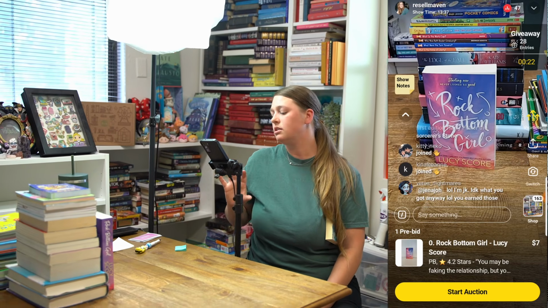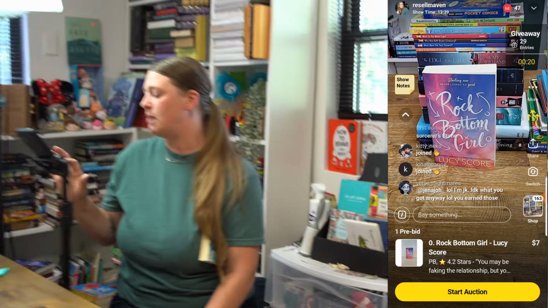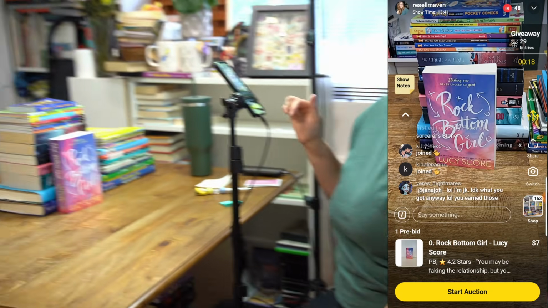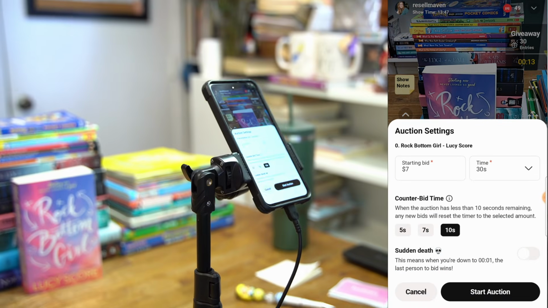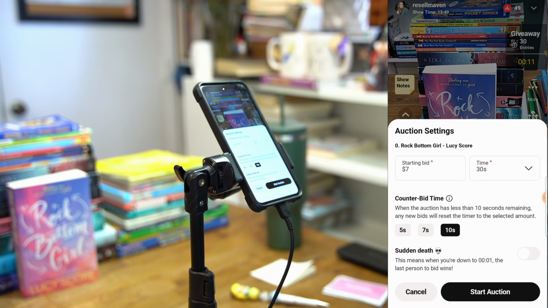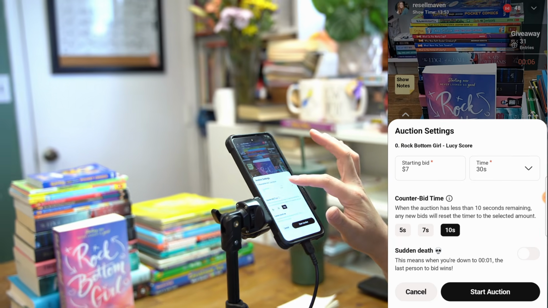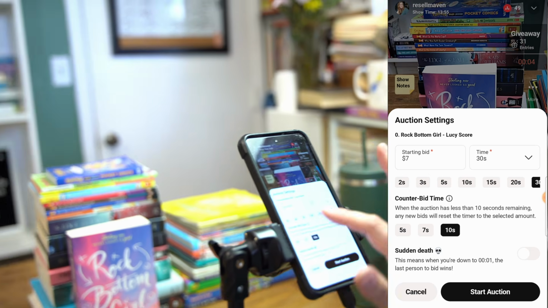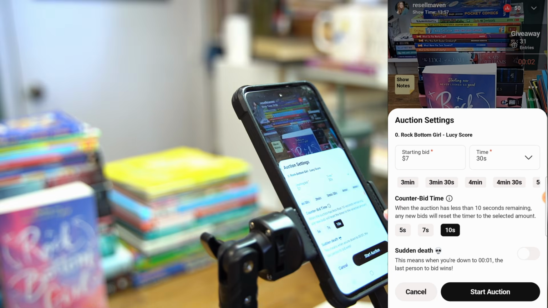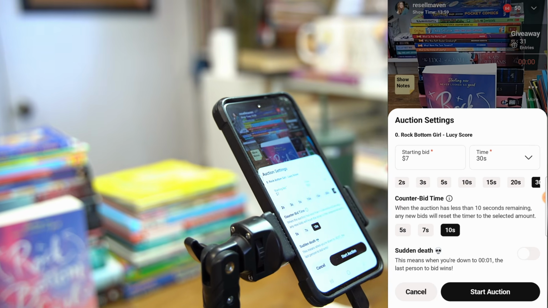So to go ahead and start this auction, once it's pinned up to the bottom, I'm just going to click this yellow Start Auction button. So I'm going to click Start Auction, and it's going to pop up this screen. I can then change the price if I want to, but I do want it to run at $7. However, I like to run my auctions a little lower. You can do as low as 2 seconds, and I think as long as 5 minutes, it looks like. We're going to do a